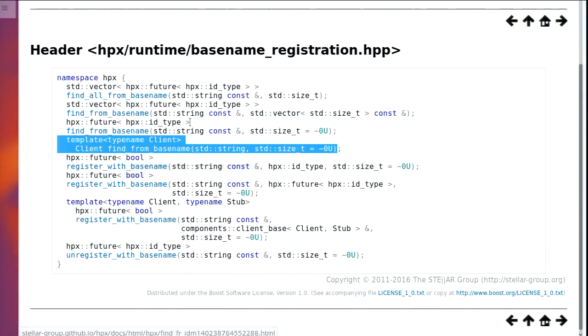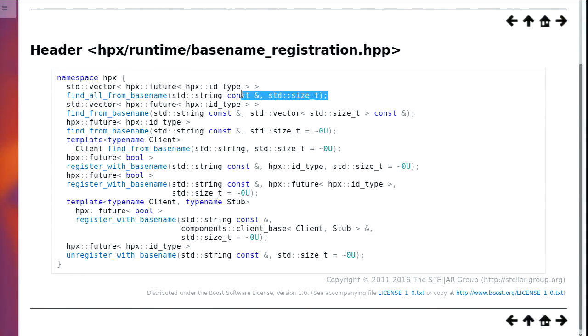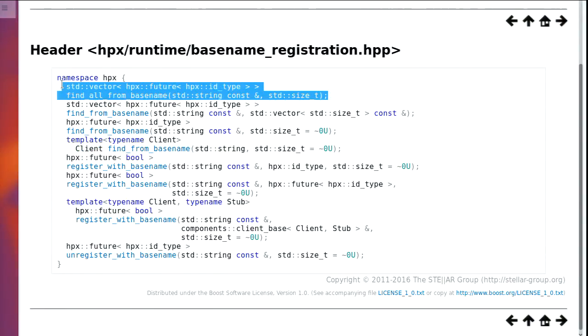You can also find all from a given base name, where you just give in the number of the components you registered with that base name, for example. Or you can register a... I'm looking for a specific function where you can register a vector of ID types. Anyways,